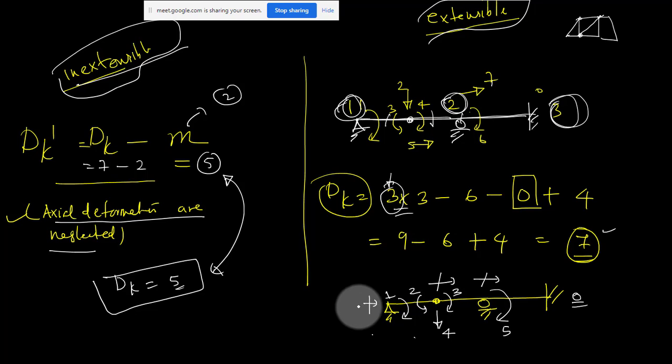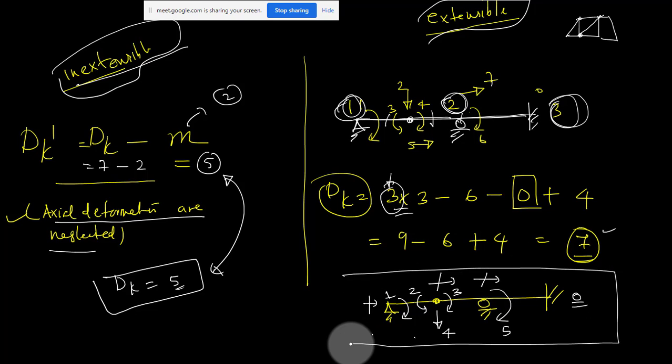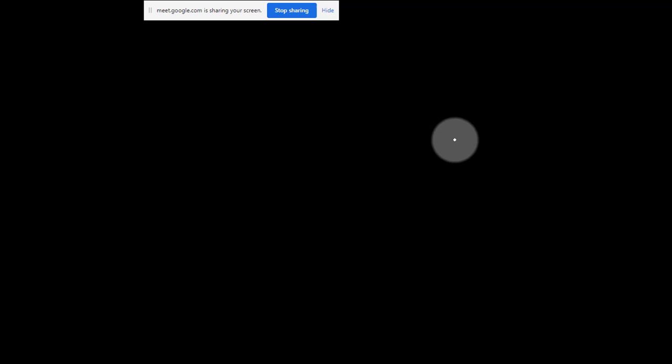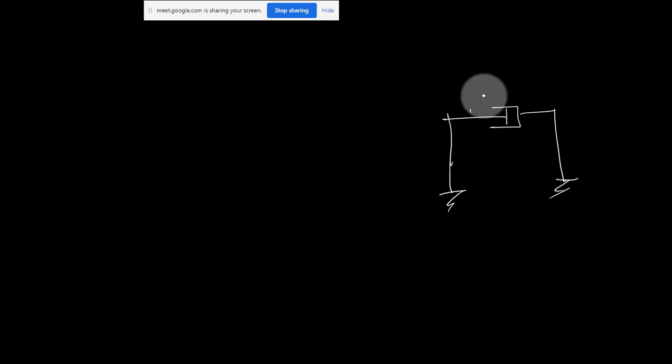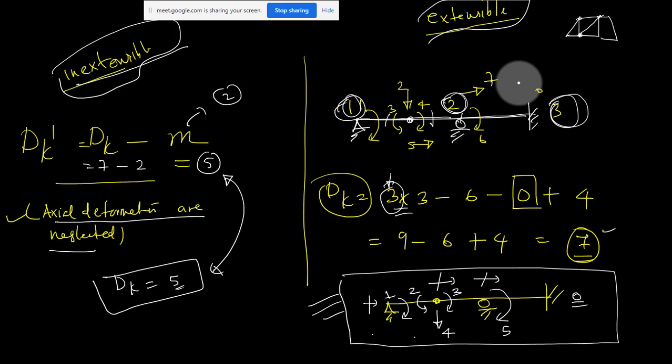Okay, so the main thing is you better try to make drawings. Many difficult questions we can solve without using any equation, because you now understood what is a hinge, if it is coming in the joints. There are some other types of systems also, like you may sometimes get a question like this, or we will discuss some other class. Anyway, today there is no time, only that part is remaining, some extra part. But the remaining basic things, most of the questions you will be able to solve with this. Always try to make the drawings, so you visualize what the degree of freedom is.